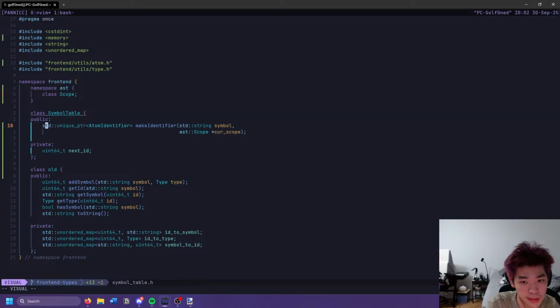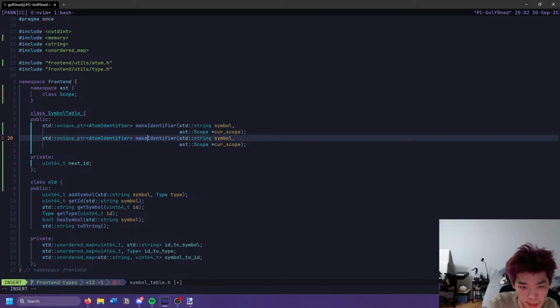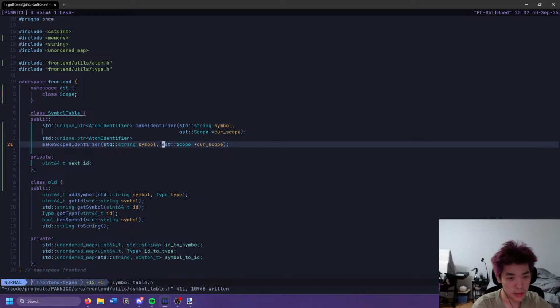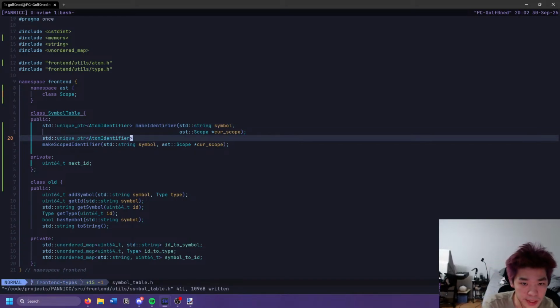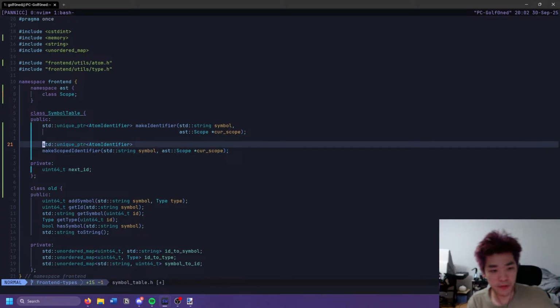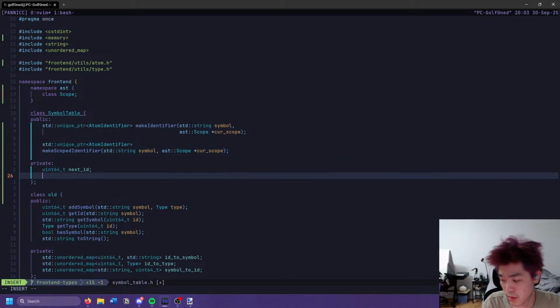We can do this. We can also do one that's just, or this is a scoped identifier. This should just be make identifier. Or we could do a scoped version and an unscoped version of everything. I think that will solve a lot of the mess. We only care about reading things insofar as we need to make atoms out of them, I think. Yeah. So we need next ID, and we want